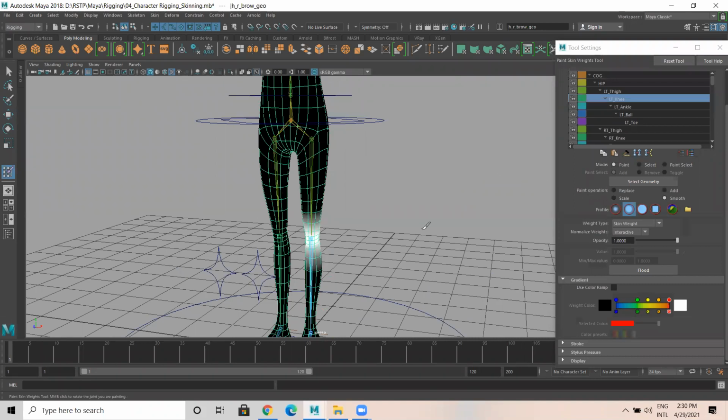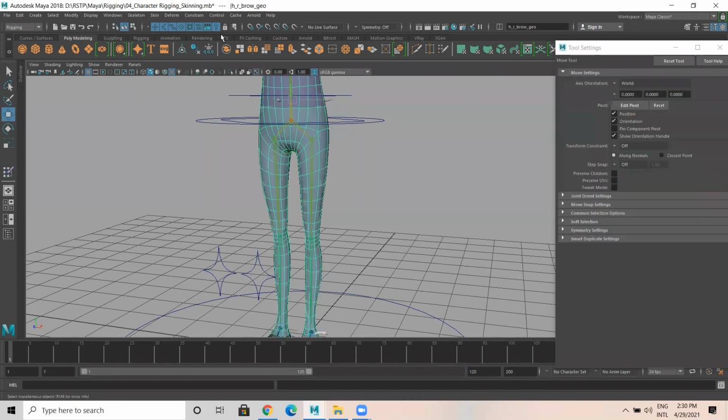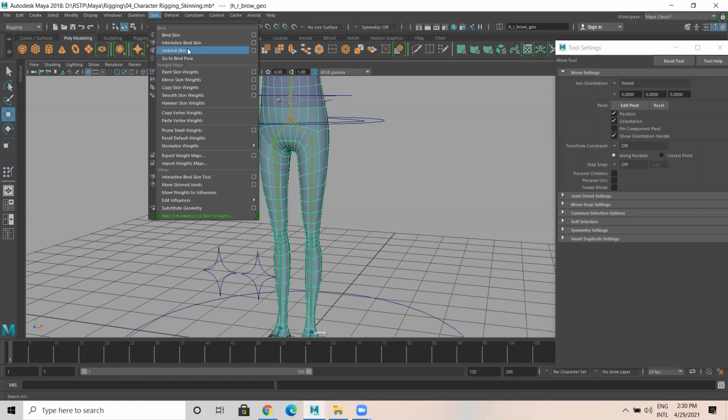I think if I add more weight, it will be done. Or else let's do one thing.